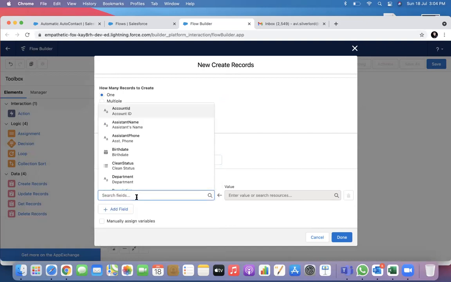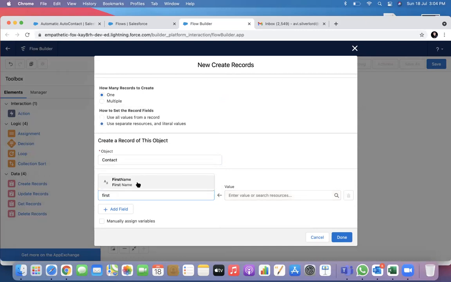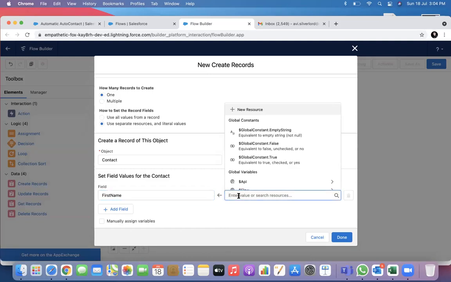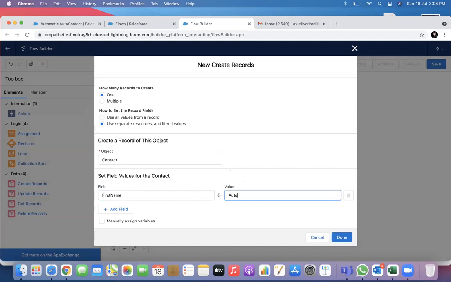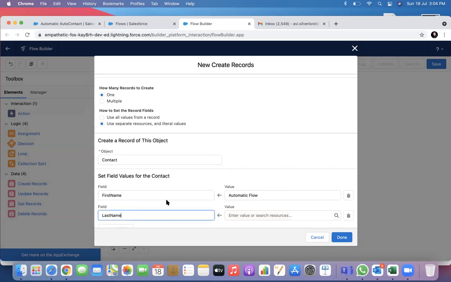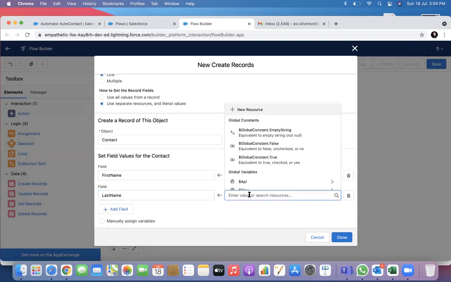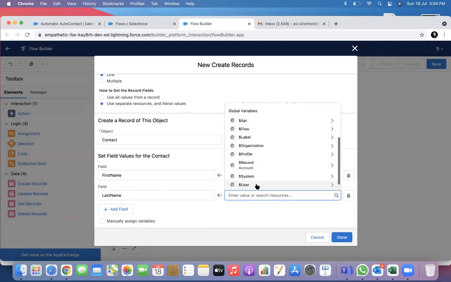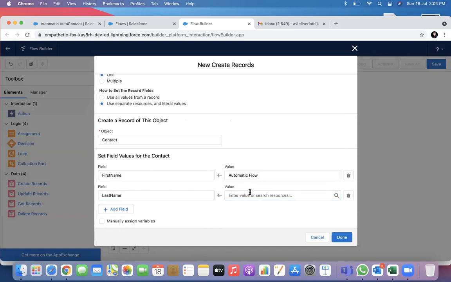So it will give you fields like first name. What is the value? Automatic, right? Last name, maybe I will put some.